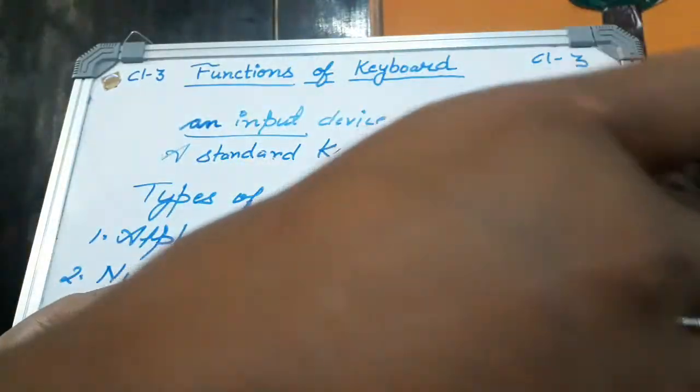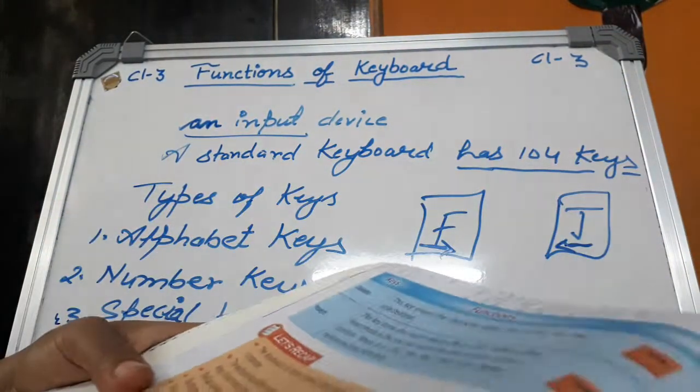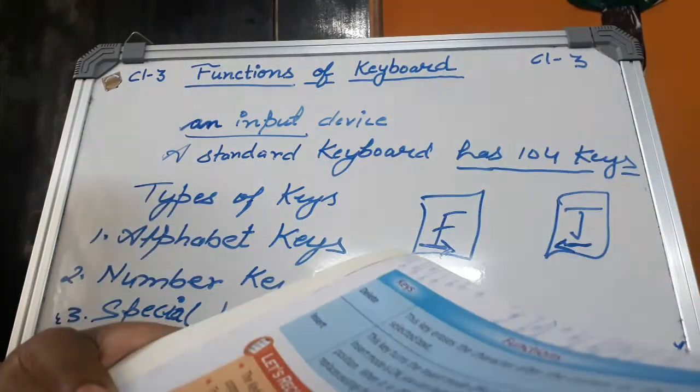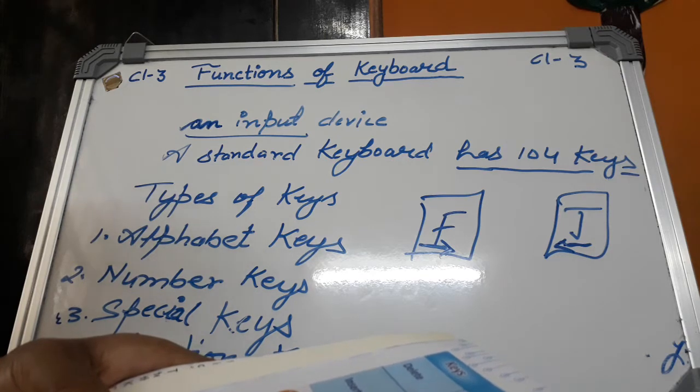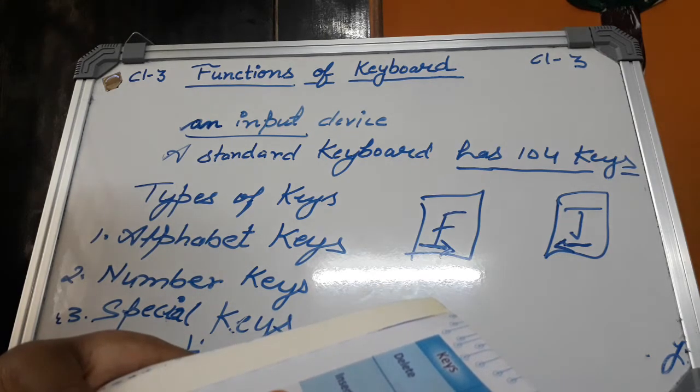Here's a recap of this chapter. The keyboard is an input device that helps to enter information in the computer. The keyboard has different sets of keys. There are alphabet keys, number keys, function keys, special keys, etc. The caps lock key is used to type letters in capitals. The backspace key is used to delete the character to the left of the cursor. The spacebar key is used to give space between letters, words and numbers. The shift key is used to type the special symbol present on the upper part of the keys and to type letters in uppercase.